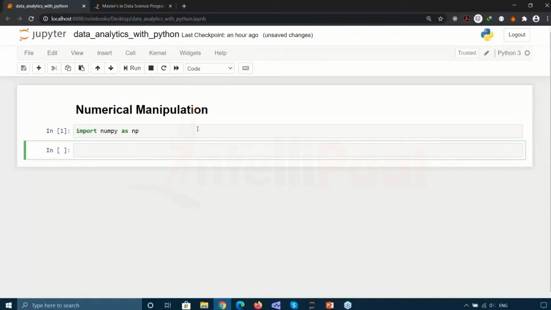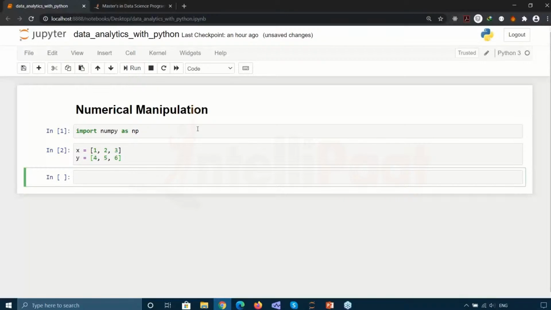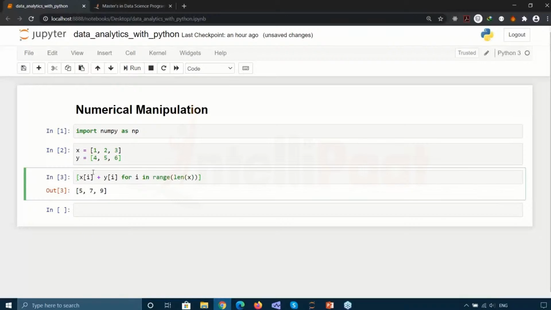So for instance, if I have, let's say, two lists of numbers, I'll call them x. x is going to be equal to 1, 2, and 3, and I have y, which is equal to 4, 5, and 6. If I were to add these two, to do this on my own, what I would have to do is loop over all of these. So x of i plus y of i for i in range length of x. Now I have 4 plus 1 is equal to 5, 5 plus 2 is equal to 7, 6 plus 3 is equal to 9. Now that works, but as you can see, there's a lot of code to write,